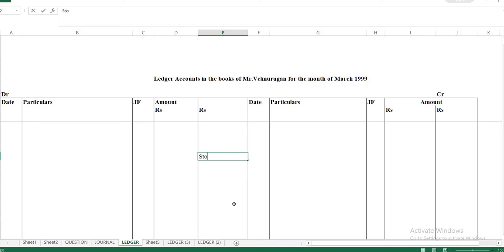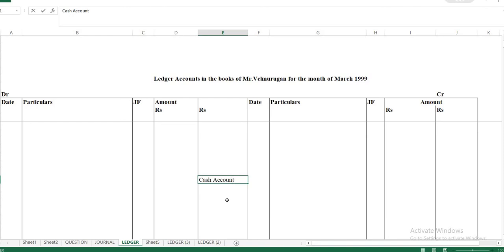Stock means with which business has been started. Okay, so the business had last month's stock, and they are continuing to bring it to the business. So they are commencing for this month. So stock account, you just mention it over here, and then move a little bit, leave out some space and give it for cash account. Give it for some cash account like this.